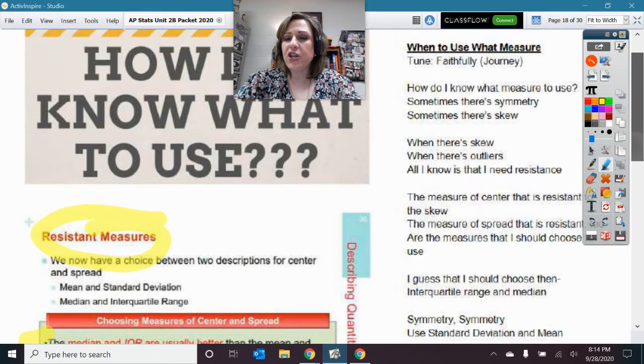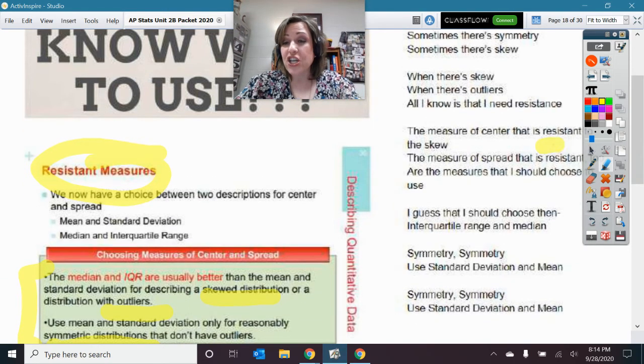But I'll show you this song here. This is also similar to asking you which measure should you use. The thing I like about this song is that it talks about, all I know is that I need